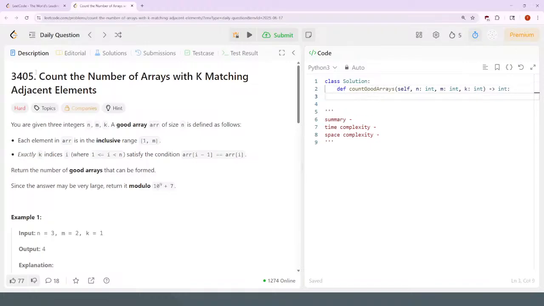So, count the number of arrays with k matching adjacent elements. You're given integers n, m, and k. A good array of size n is defined as follows. Each element in the array is in the inclusive range of 1 to m. Exactly k indices i, where 1 is less than or equal to i less than n, satisfy the condition